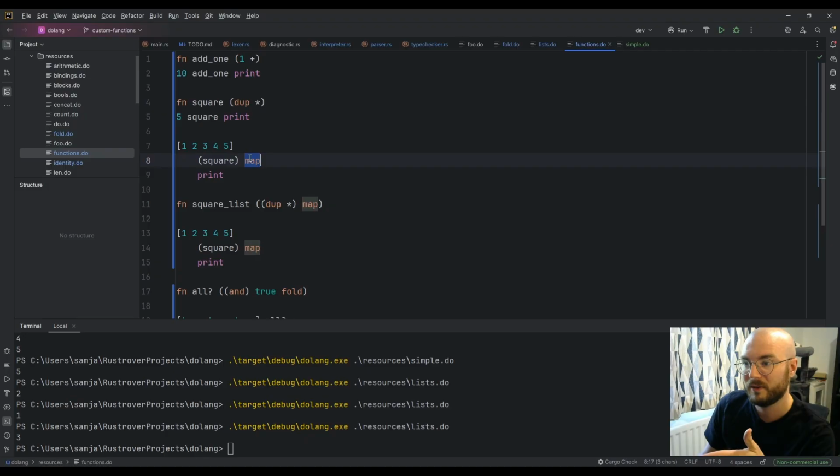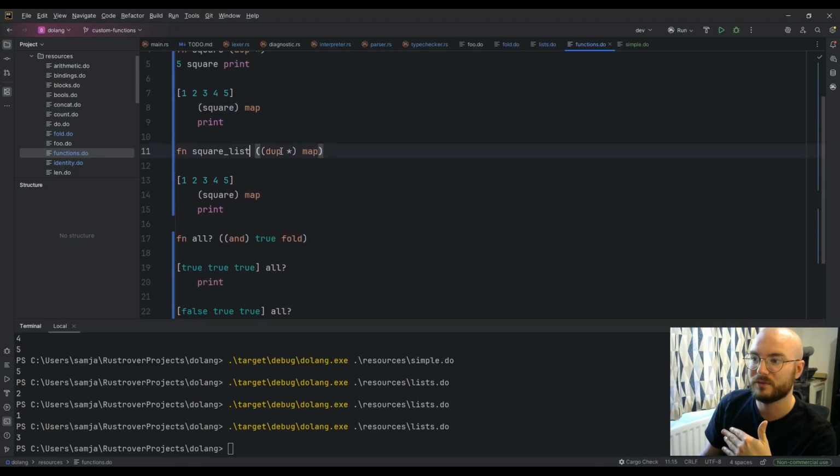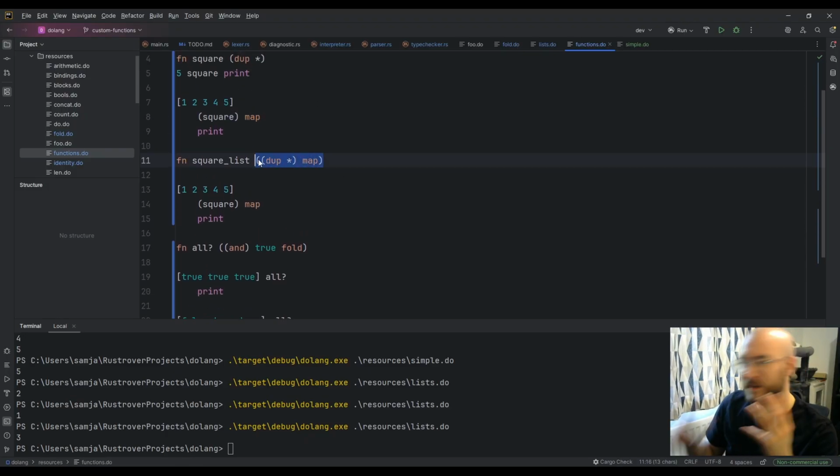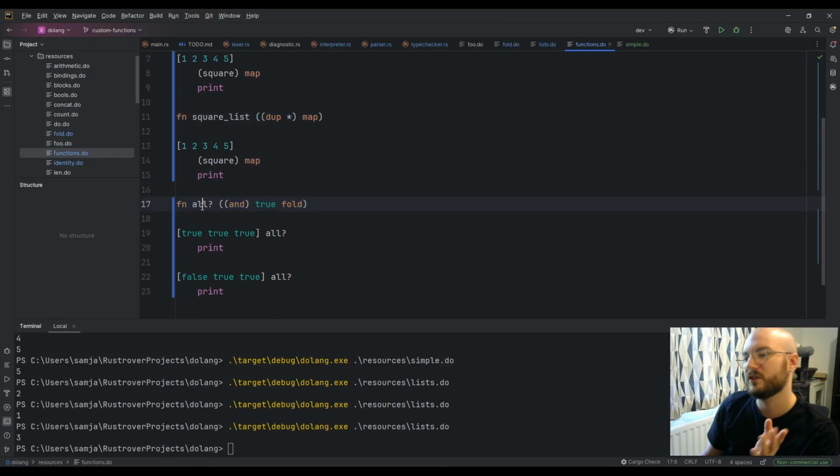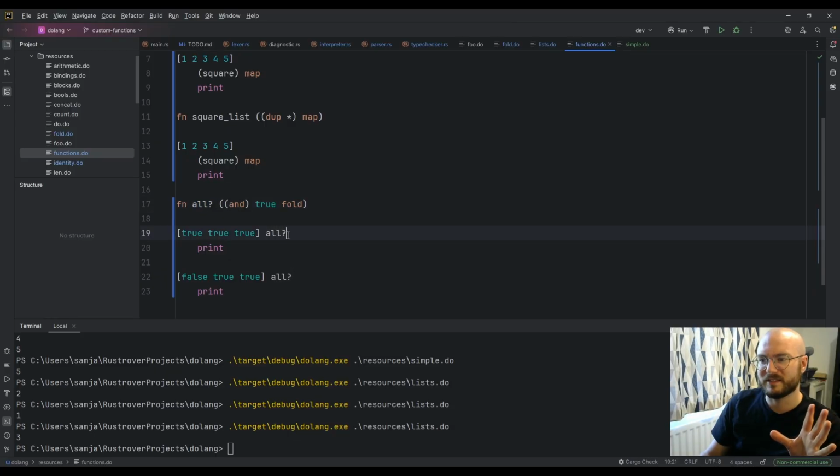in a map. I can then use nested functions inside functions. And I like this convention in stack-based languages where question marks are just valid characters to have in identifiers. It's a really nice way of saying this is a function that returns a boolean. So I really like that.